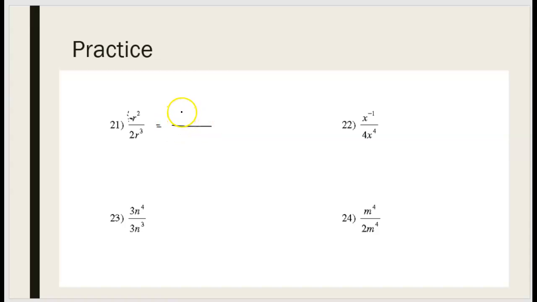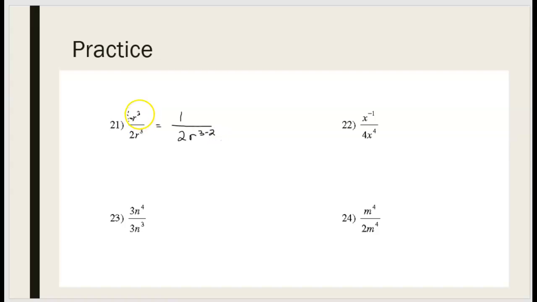I'm going to leave my 1 on top. I'm going to leave my 2 on bottom, and there's a reason for that. Okay, so bear with me here. Where is the largest presence or the greatest exponent of my variable r? It is in the denominator, so that's where we're going to stay. We're going to keep that r to the third, but now we have to do a minus 2